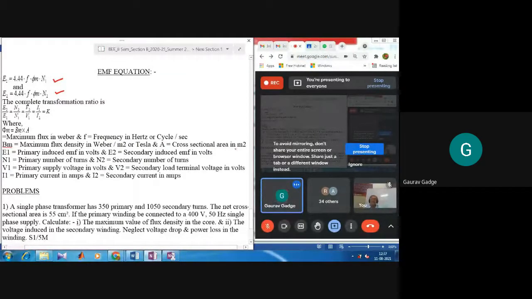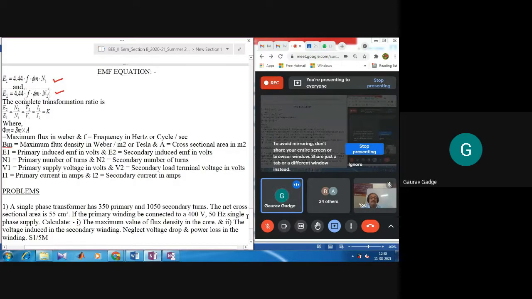Okay. So these are 3 parameters. Now E1, E2 are the primary and secondary induced EMF, N1, N2 are the primary and secondary number of turns, V1, V2 are the primary and secondary supply voltage. Then I1, I2 are the primary and secondary current in ampere. Now let us solve the first numerical related to this